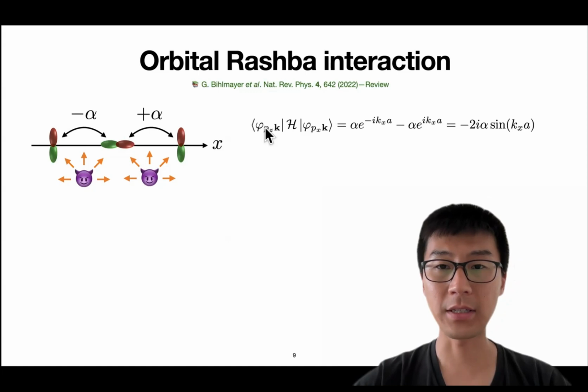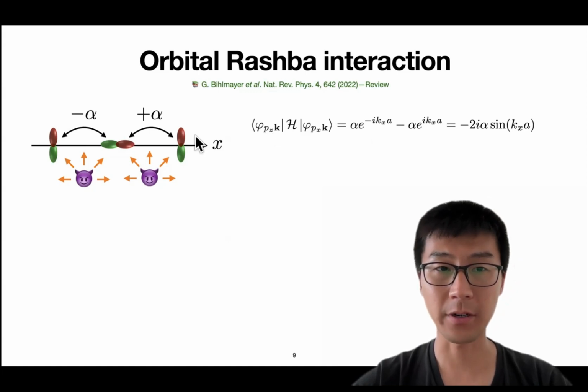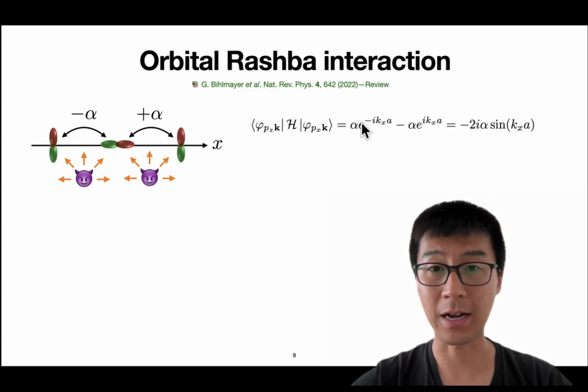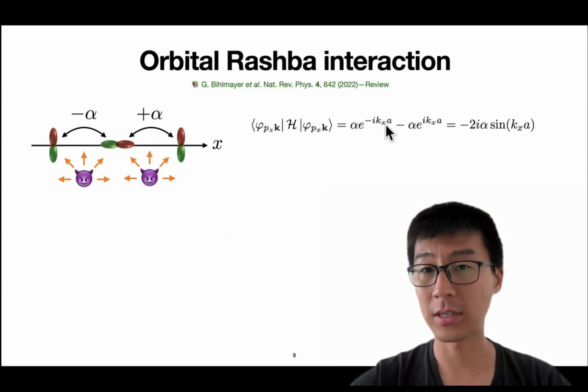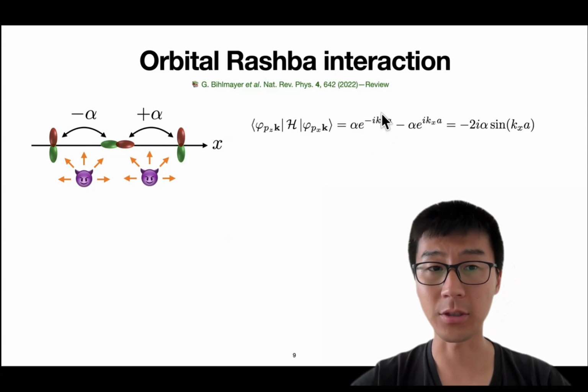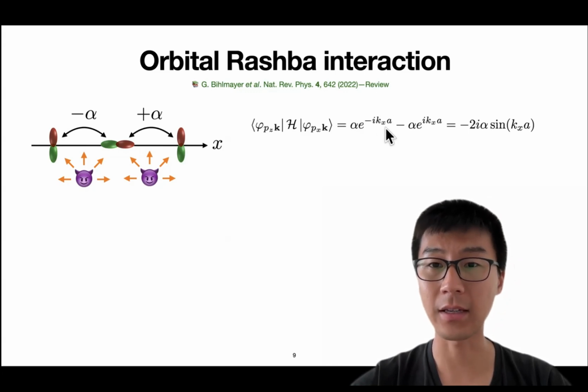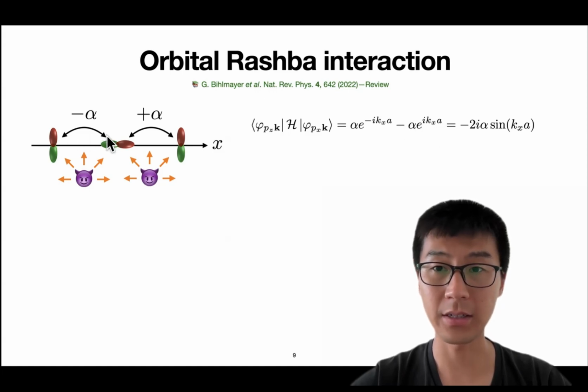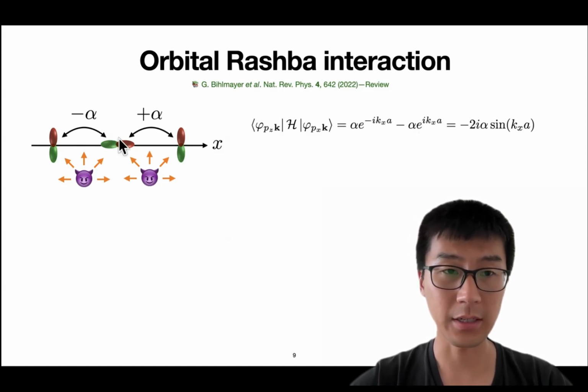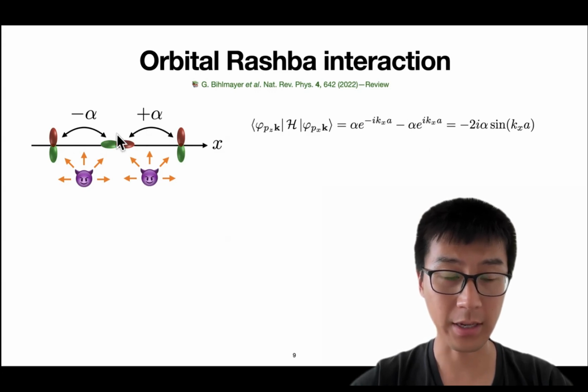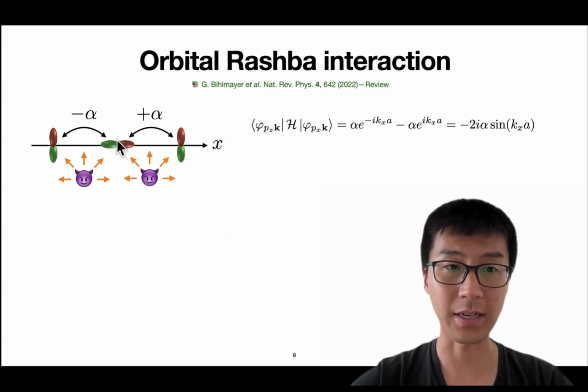So px to pz hopping has two different terms. The first one is the hopping to the right, with amplitude alpha times the eigenvalue of the translation by plus a, where a is the lattice constant. And then we have another contribution by minus alpha with the minus sign, with the eigenvalue of the translation. Please remember that here the hopping parameters to the right and to the left have opposite signs